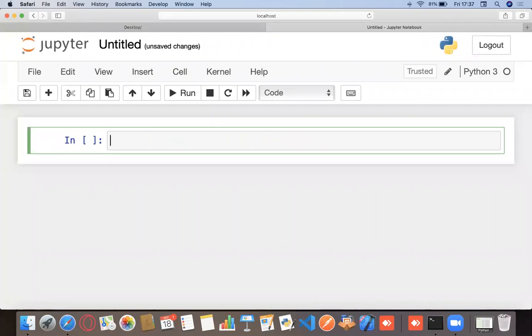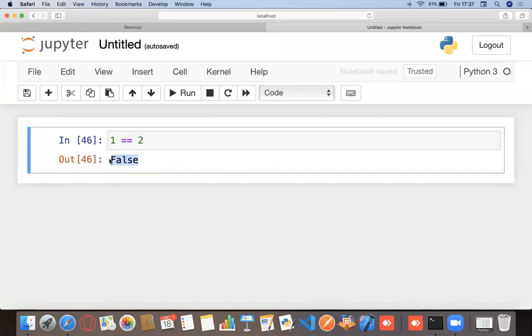So let's say I have something like this. num equals to 2 gives an output of nothing, but it sets the value of num as 2, whereas num double equals to 2 would actually check if my value is equals to 2. So 1 equals to 2. Is 1 equals to 2? Guys, it's not, right? So the output would be false. Is 2 equals to 2? So it's exactly equals to 2, or comparison. It's true.